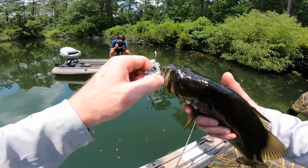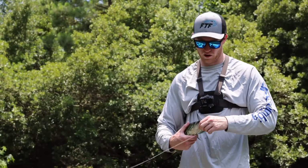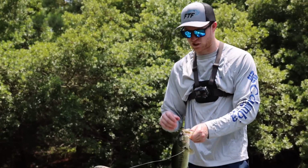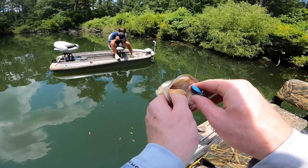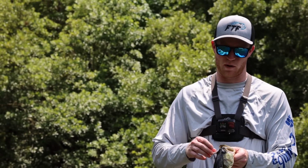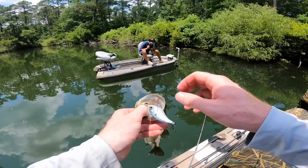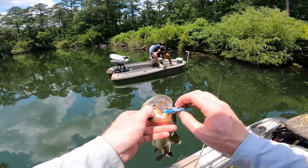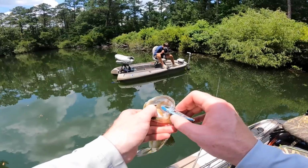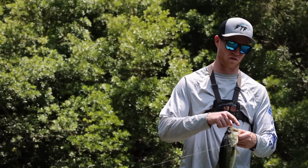Take a look at that, guys. This fish came up and smoked it right there. Head first on the old slack jaw, which is what you want to see. What you'll notice a lot of the times is you would think that fish come up and eat these baits from the back first, but when they have the opportunity, they actually prefer to eat a bait head first. And the reason for that is, if this was an actual fish, they would have their fins, and if you ever